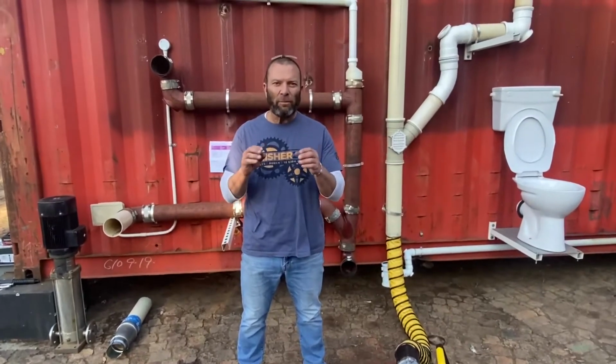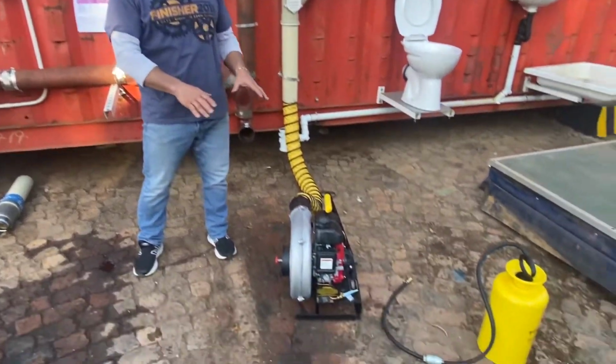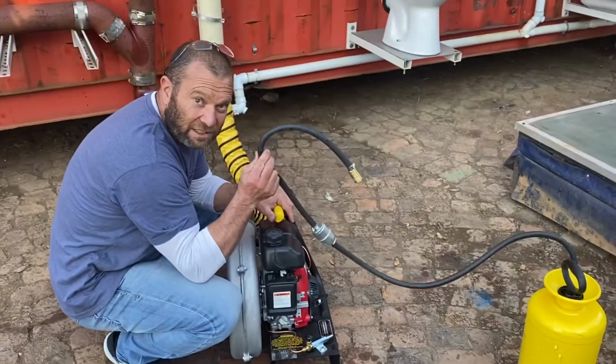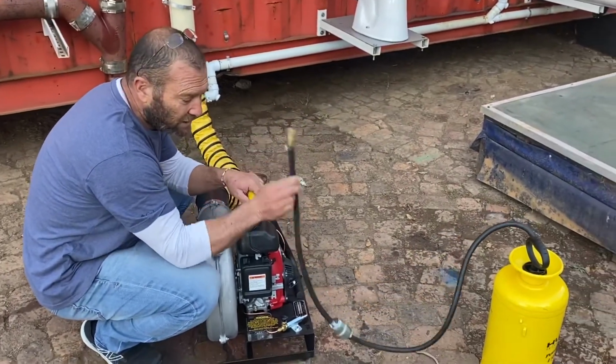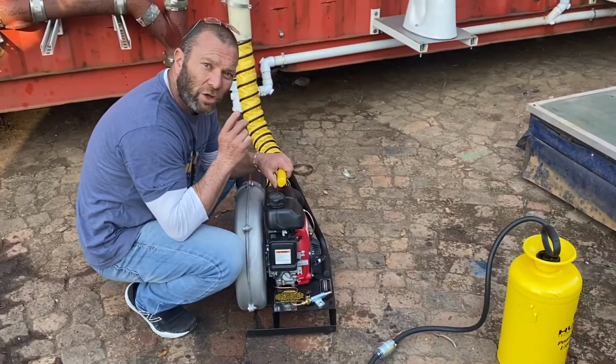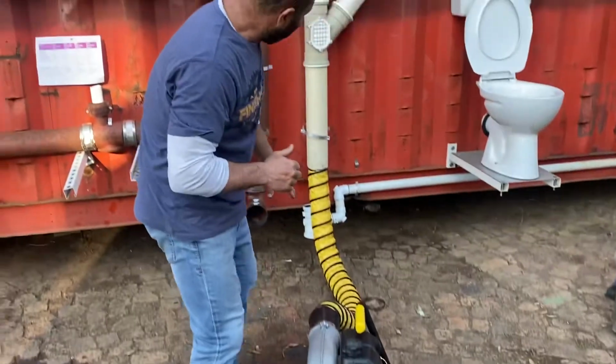Guys, we're going to talk about a few more uses for this machine. So what you've seen is I've unplugged the vessel where the smoke fluid is. This thing is now a blower. And the reason why we use it is we use it to dry the pipes, because if you're going to